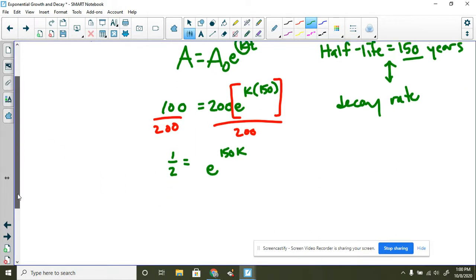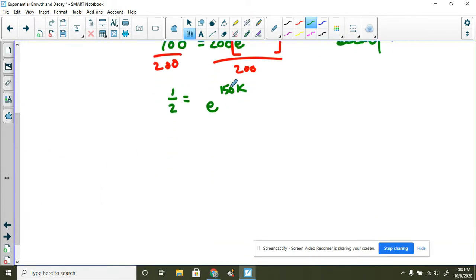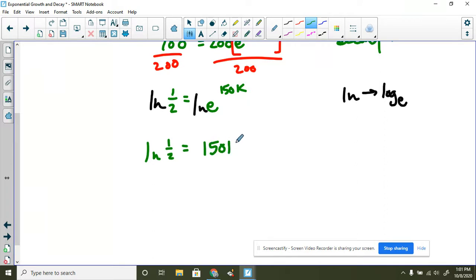Now, when we solve for a variable that's in the exponential level and our base is e, to knock this down onto the base level, we have to log both sides, and we're going to do natural log. We're using natural log because, once again, natural log is log base e, and we want log base e of e because that's going to simplify that whole term. We'll talk about that when we get there. So we have the natural log of 1/2 is equal to 150k, the whole exponent in the variable comes down, and we have the natural log of e,